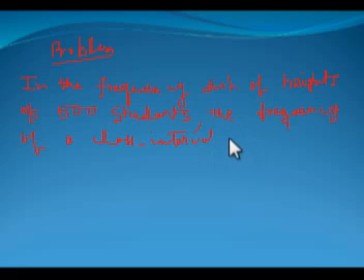So this is 132, 134, and the frequency is 40 for this class limit. We have to find